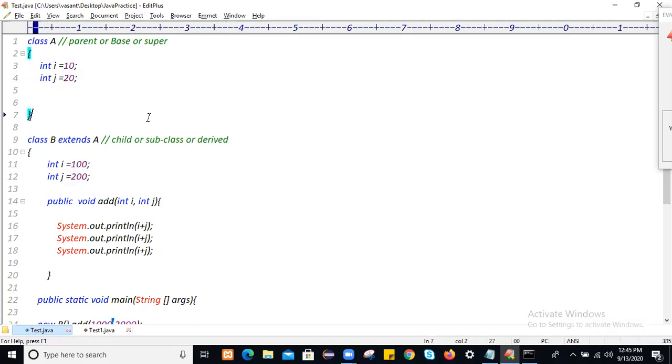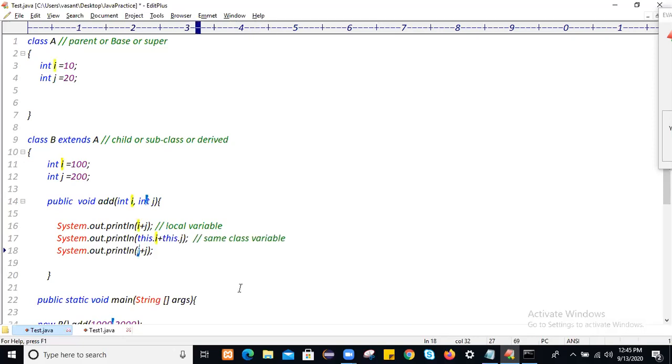To differentiate super class variable, local variable and same class variable, we will use the super keyword to represent parent class properties. We will use the this keyword to represent same class properties, and no need to use any keyword to represent local variable. Here I will perform addition of local variable. Here I want to perform addition of same class variable. If you want to represent this same class variable, just simply use this keyword: this.i as well as this.j to represent same class variable.